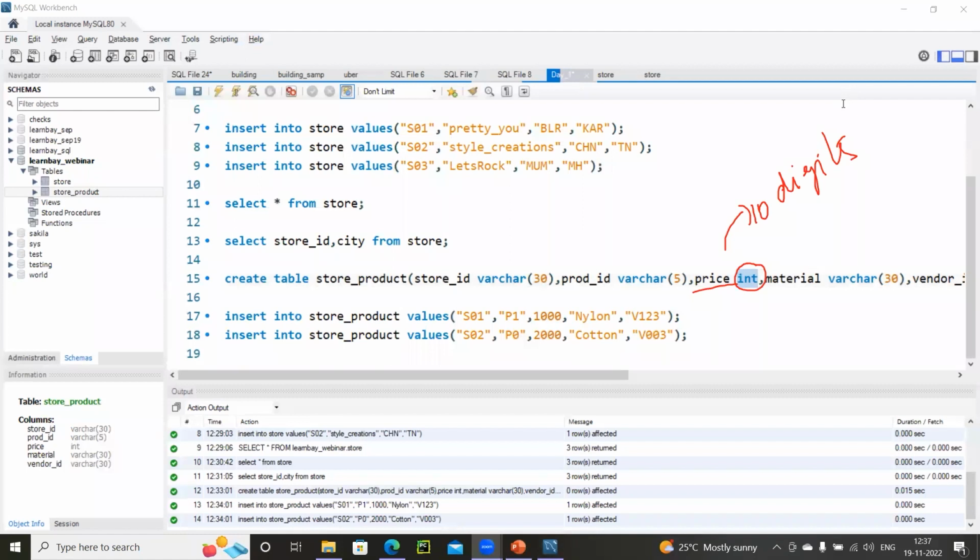Question to all of you. The question is, I'm trying to change the data type of price from integer to big int because I want it to hold huge digits.